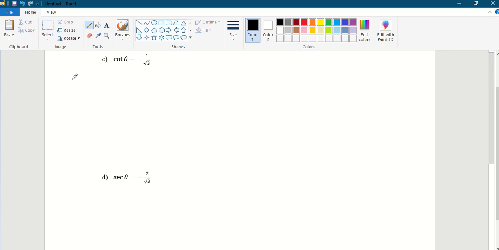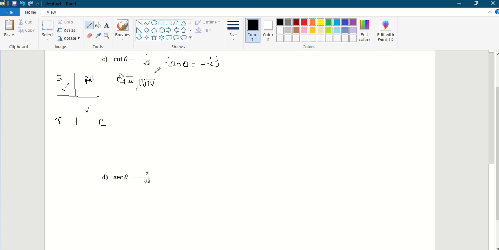So again, let's quickly sketch this first, in which quadrants this happens. It is cot. So first thing we can write is then tan theta given to us is negative root 3. So tan negative, tan all positive here, sine positive here, tan positive here, cos negative here. So tan negative is in quadrant 2 and quadrant 4. So we'll say quadrant 2, quadrant 4.